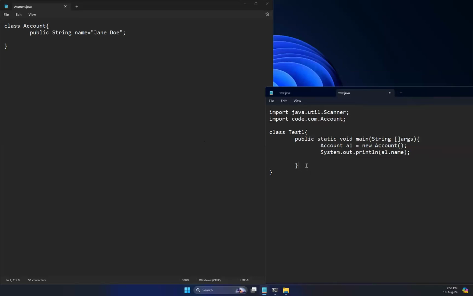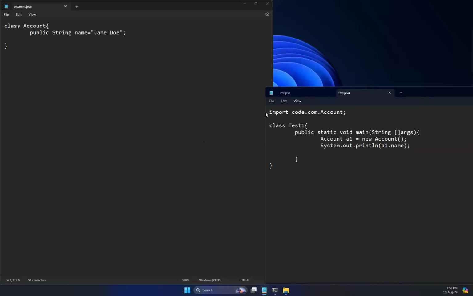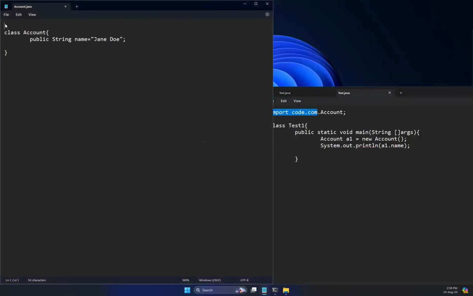Right now this is in a different place, and therefore I need to define that this is inside the package code.com. Package code.com. Right now, these are two different classes in different packages. If I try to access it now,